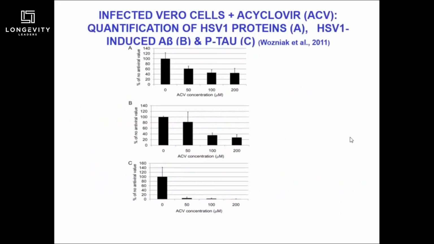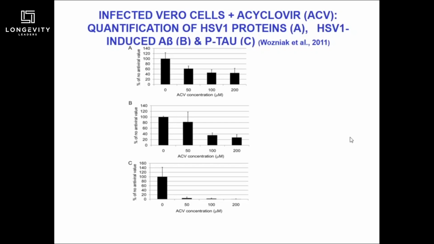Anyway, what we did next was we infected cells in culture, and then we used a well-known antiviral agent, acyclovir, which has been used for some decades for people who develop this very, very serious, previously fatal disease, HSE, herpes simplex encephalitis. And it worked very well, although they're still usually affected, but they're not killed, which used to be the case for almost 100% of people who got encephalitis in the past. Horrible illness, horrible disease. So what we did here, we infected these VERO cells, and we looked,